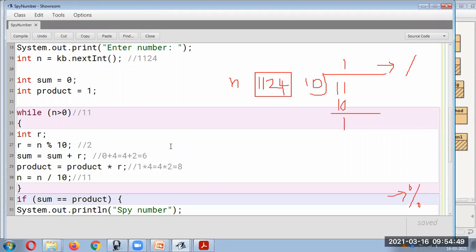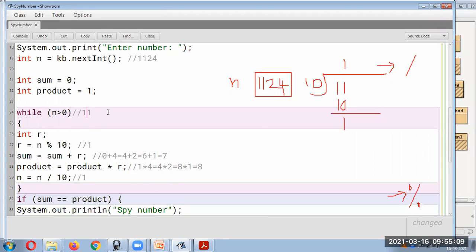If you get 1 over here, so 6 plus 1, which is 7, and here you will get 8 into 1, which is 8 again. And here, because we divide, 1 is there.